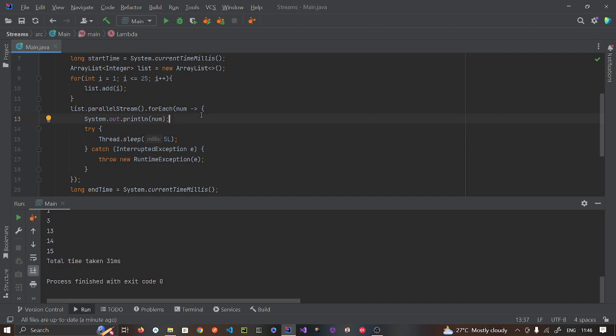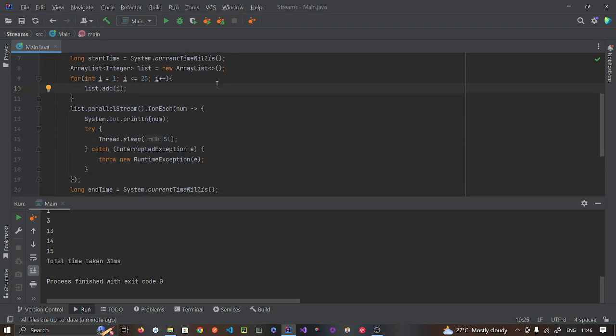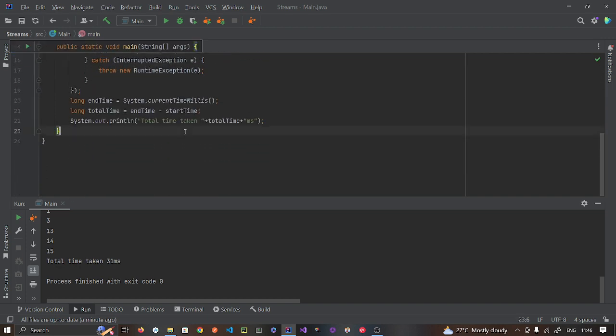In either case, one should always do benchmarking in the program. For your particular use case, you should try both parallel streams and serial streams, and check the performance, just the way we have done. We have taken the start time and end time, and we are just using that time. So yeah, that's it from